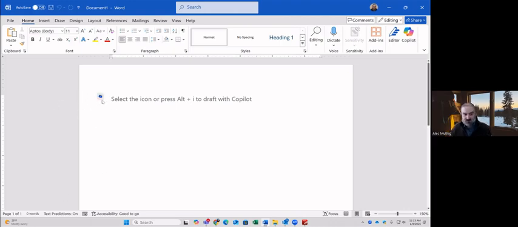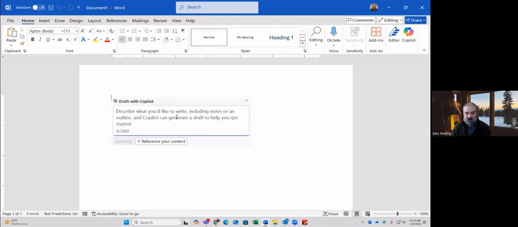So let me start with a really simple one. So I might come over to this little button here and click on it, and it brings up Copilot. And here's where you type your prompt, up to 2,000 characters. And notice I can reference multiple files. At least at the time of the writing of the handout, this will probably change at some point. You can reference up to 3 files in one prompt. And the files can be Word documents. They could be PowerPoint presentations. They could be PDFs, which is really useful because we all tend to use PDFs. And you can then ask it to do something, to draft something.